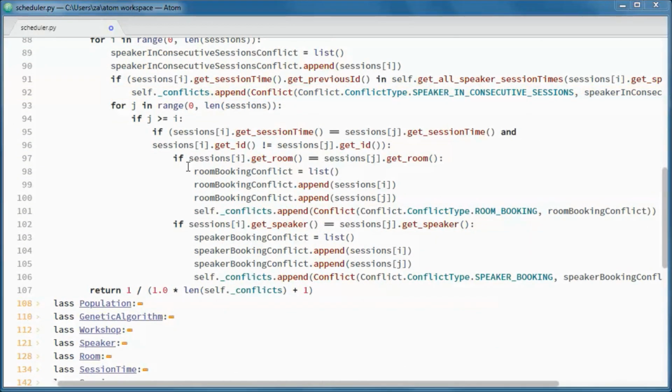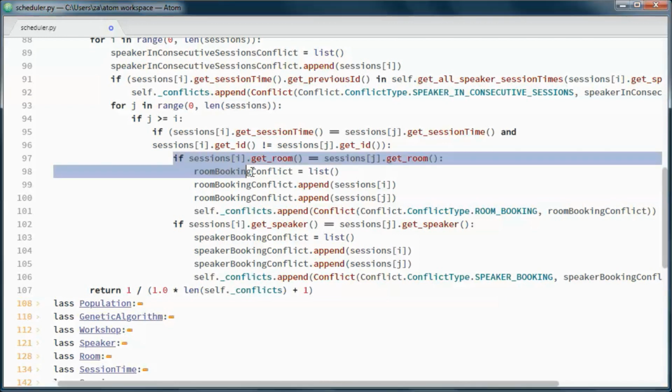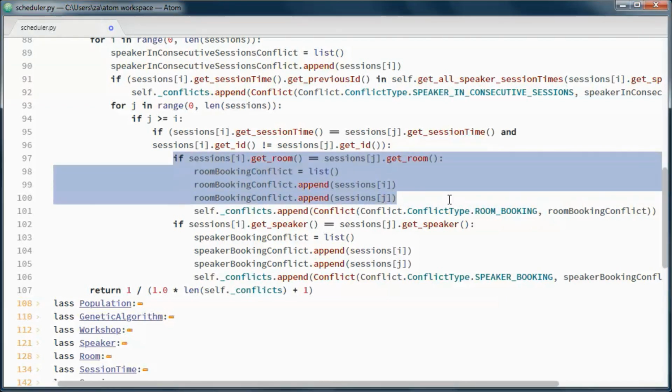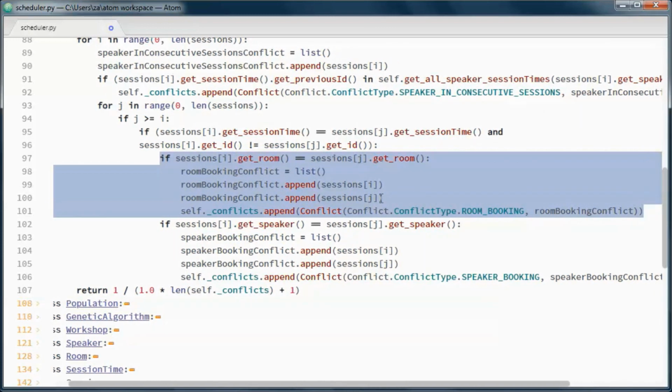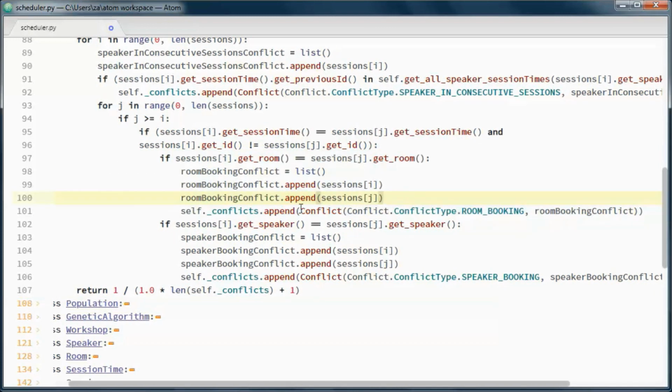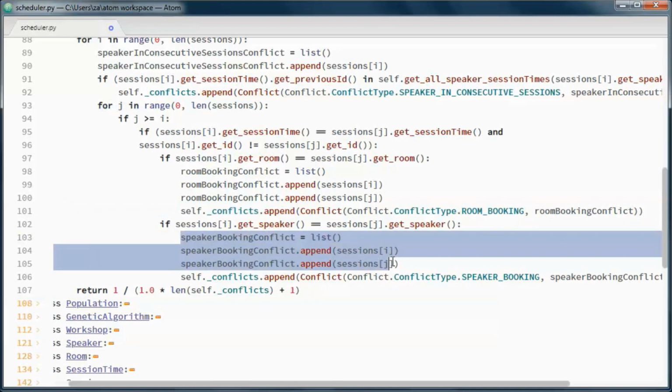And here we are checking for room booking conflict, and if so, we are instantiating a conflict of room booking type, and we are appending it to the conflicts. And same for speaker booking.